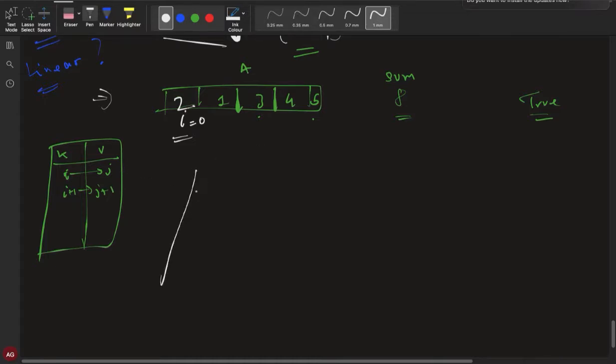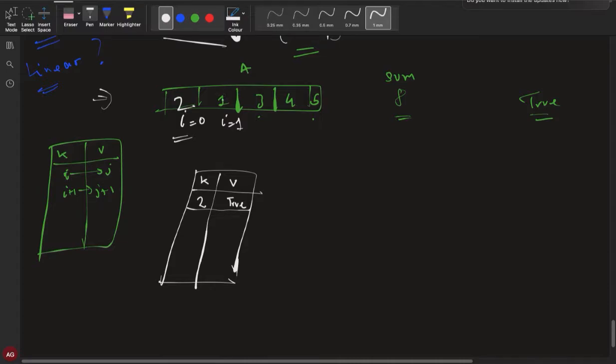So I'll just create an empty map. This will be our key and this will be our value. At the ith position, the element is 2, so my key will be 2 and my value will be 2, meaning that the value 2 exists. And then we will increment our i variable. I will be at 1 now.